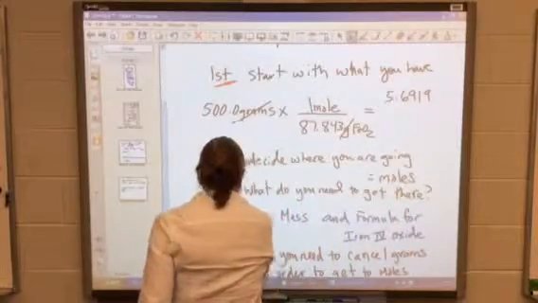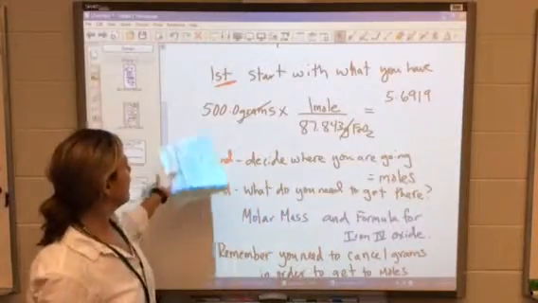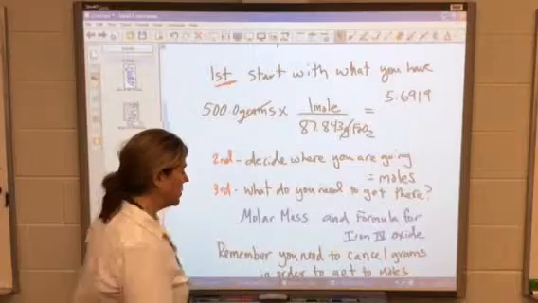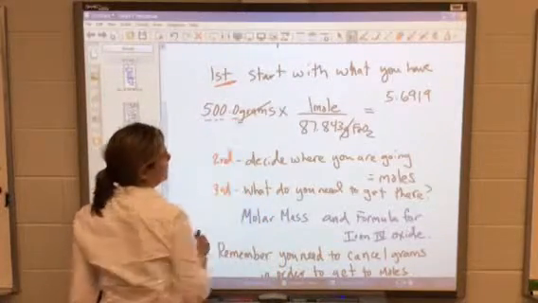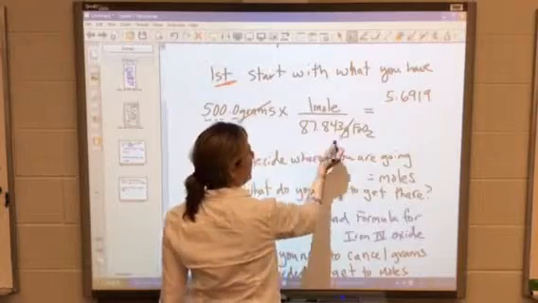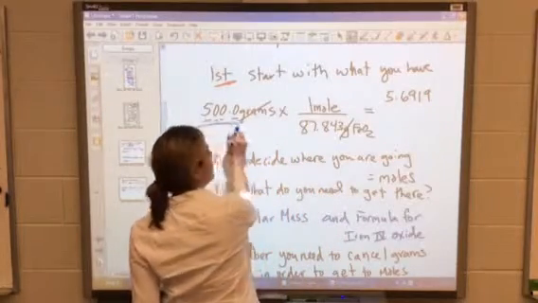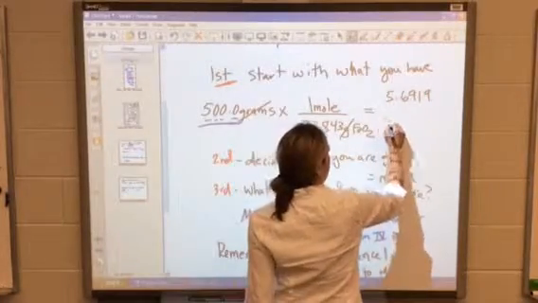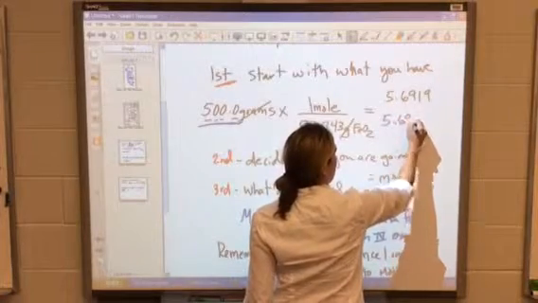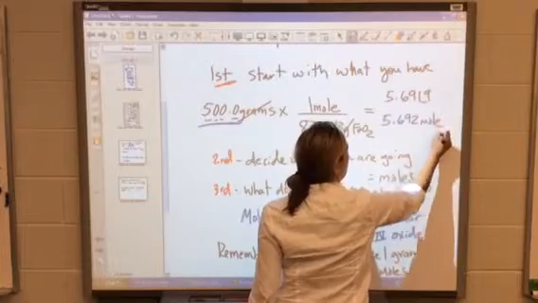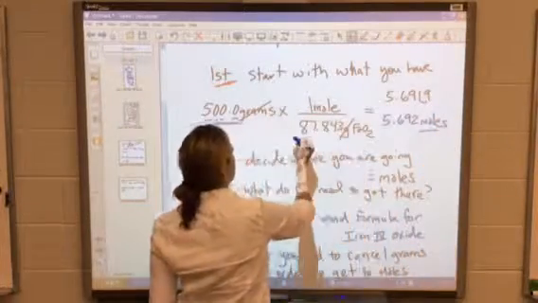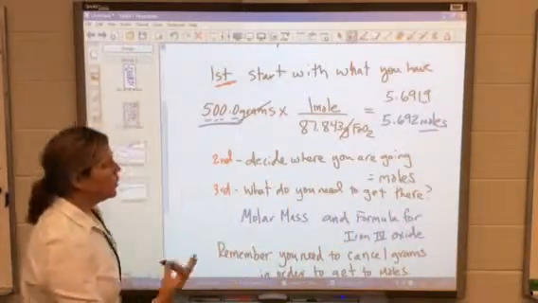What you also need to notice is we have to, at this point, follow the significant figure rules for multiplication. We have 1, 2, 3, 4 sig figs here, and we have 5 sig figs here. So we're going to go with this one. This answer is going to be 5.692 moles. So we were able to cancel out the grams. We're going to do another one